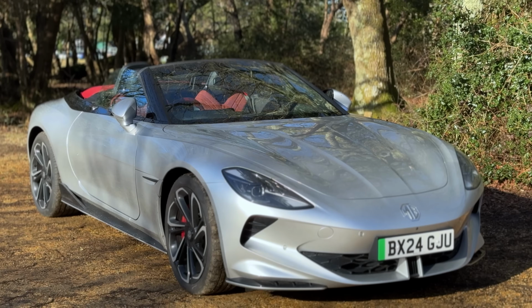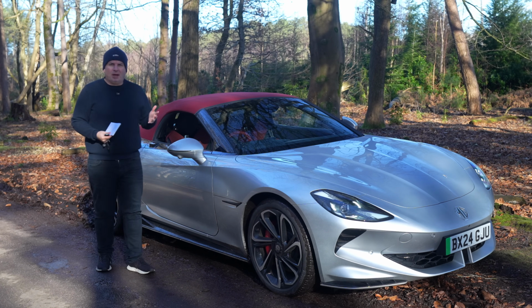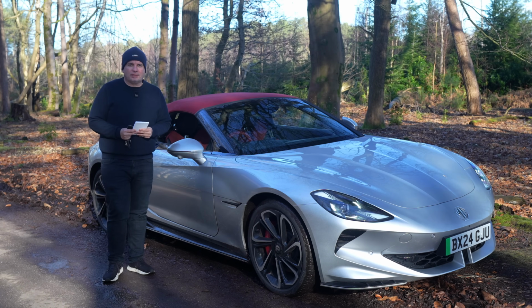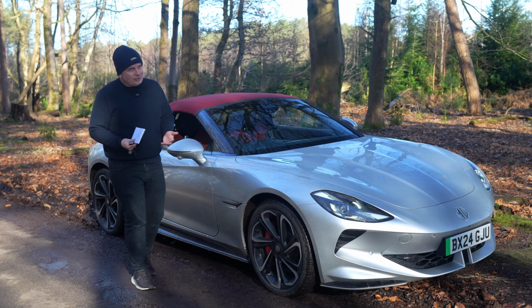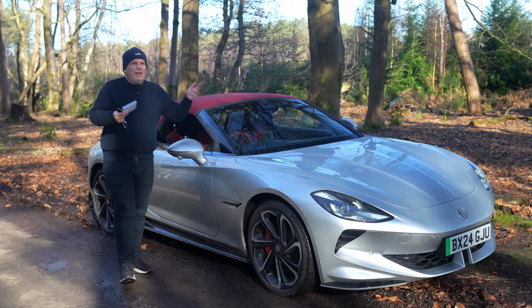Styling wise, I think it's a great striking looking thing. Now MG don't expect to sell these in big numbers, but they've made this to really show you that MG haven't forgotten who they are as a brand. It used to be a brand that was about sporty experiences, and now it's become a brand that's a bit sensible, and they really want to show that they can still let their hair down